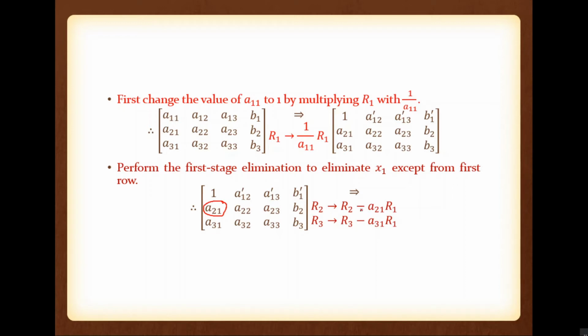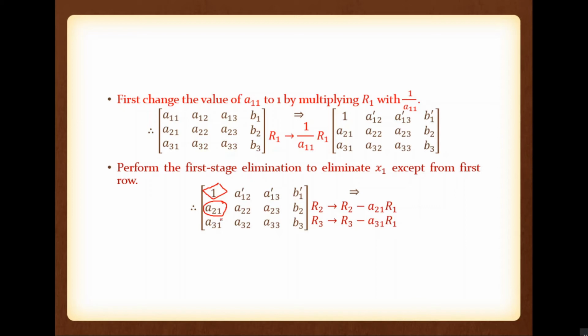What is the difference from Gaussian elimination? In Gaussian elimination, this term will be A21 divided by the pivot, but the pivot is 1. There is no need to write that 1. Am I correct? So we can write R2 is equal to R2 minus the element that we want to remove into R1. Please note the pivot equation is R1. For first elimination, the pivot equation is R1. Only thing is the pivot, that is the denominator, we are not writing because the pivot is 1. But the pivot equation is R1. So please note that. So R2 equal to R2 minus A21 into R1.